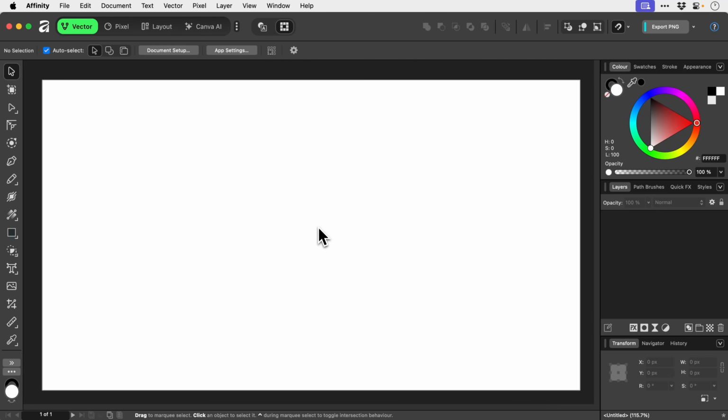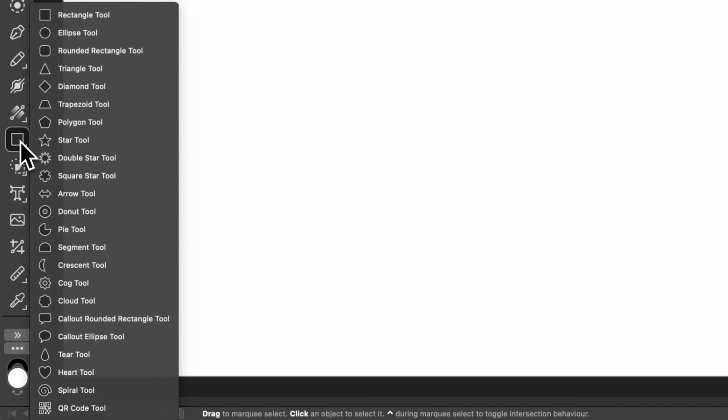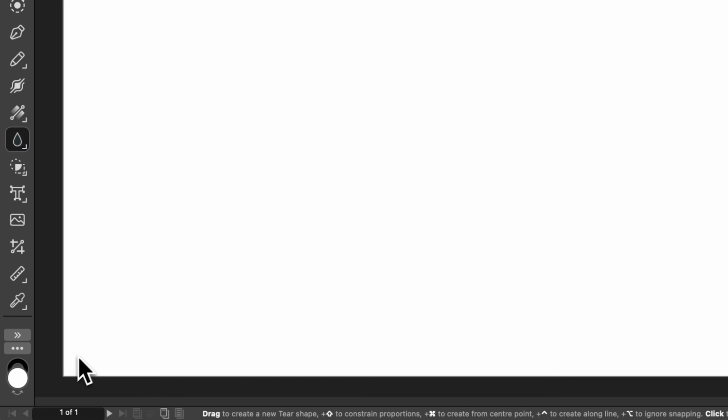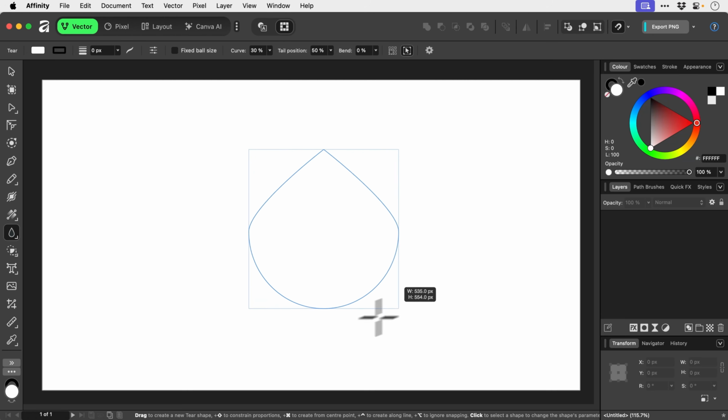To create a teardrop or a droplet shape in Affinity is actually surprisingly easy, and I found this last night and I had to show you. So what we're going to do is start by going to the shape tool. We've got lots of different shapes. We're going to go down to the tear tool, and what you can do is click and drag and create